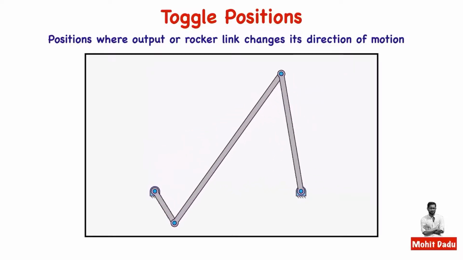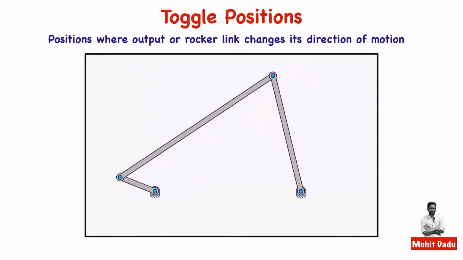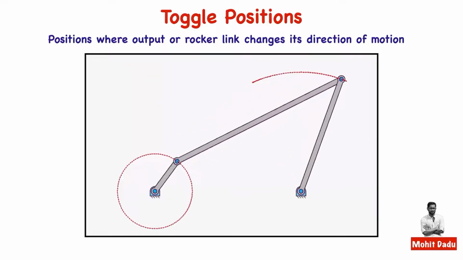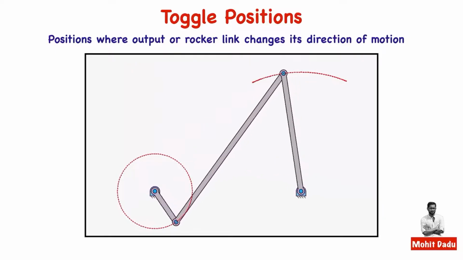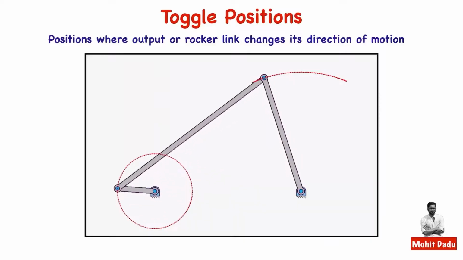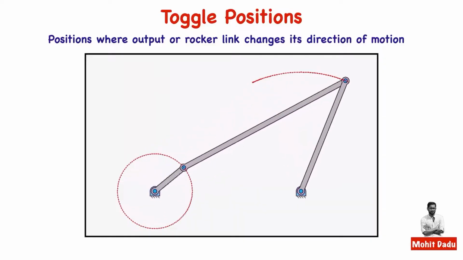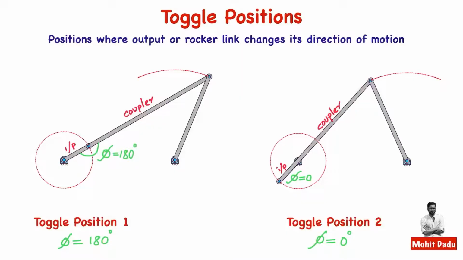So if you are seeing here, this left input link is having a complete rotational motion, which is known as crank, and the right one, the output link, is a rocker because it is moving within a certain angle only. So for this rocker there is a change of direction happening. This is the locus of motion of the endpoint of the rocker, and one extreme is coming here; the movement is from left to right, the extreme is reached, and then it will change or revert back to the other side.